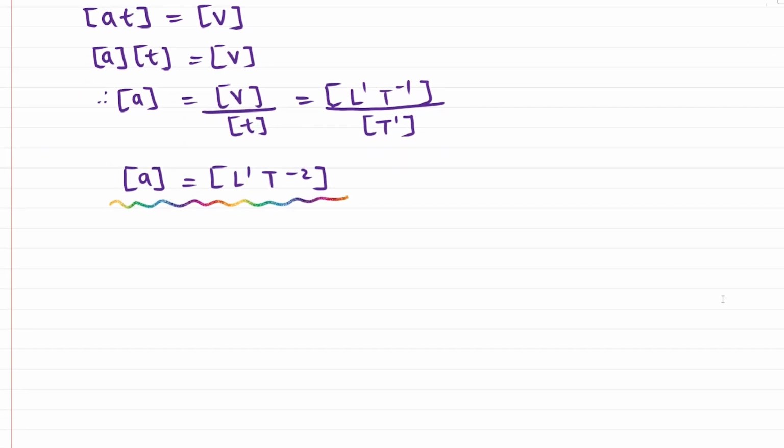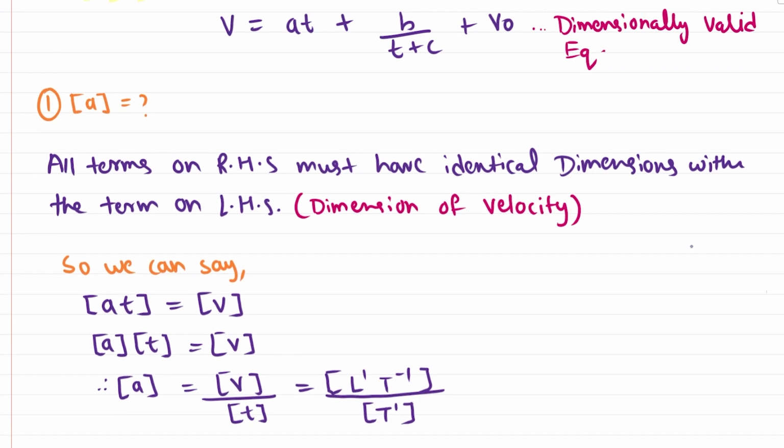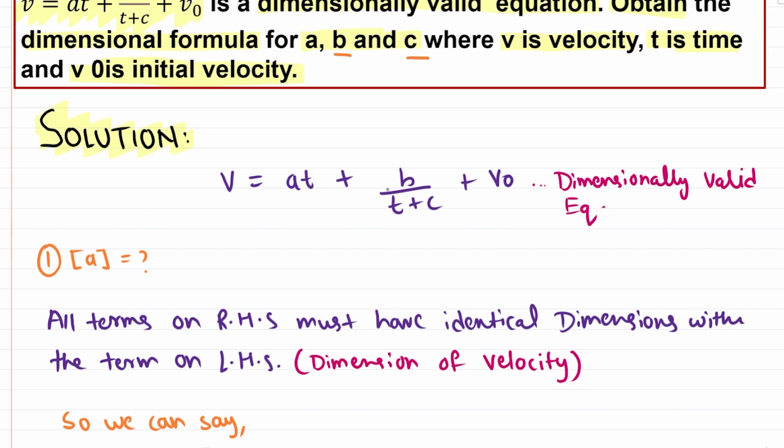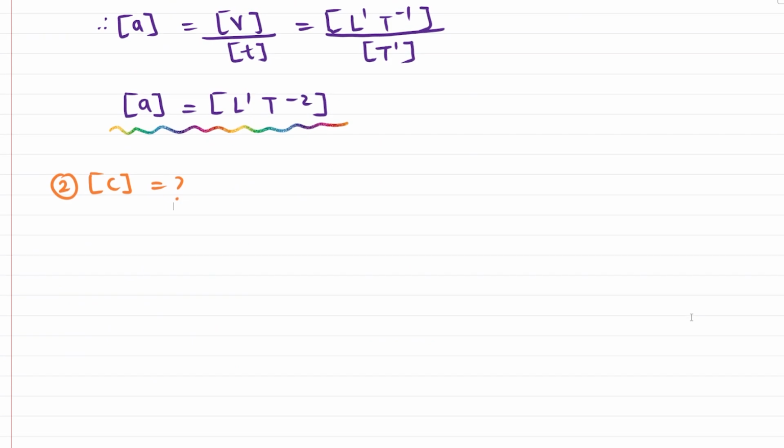So हम flow में अब calculate करेंगे हमारा second part, that is to calculate the dimensions of term c, which is unknown to us. Now since हमारा जो native equation है, that is v is equal to at plus b upon t plus c plus v naught, is a dimensionally valid equation, we can also make one more statement. So dimensionally valid equation की एक और property होती है, that any term